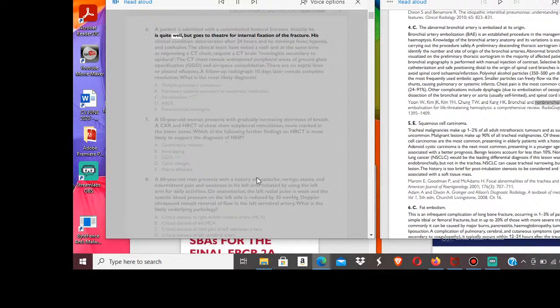Initially he is quite well, but goes to theatre for internal fixation of the fracture. His clinical condition deteriorates after 24 hours and he develops fever, hypoxia, and confusion. The clinical team have noted a rash and, at the same time as requesting a CT chest, request a CT brain, for meningitis secondary to epidural. The CT chest reveals widespread peripheral areas of ground glass opacification, GGO, and airspace consolidation. There are no septal lines or pleural effusions. A follow-up radiograph 10 days later reveals complete resolution. What is the